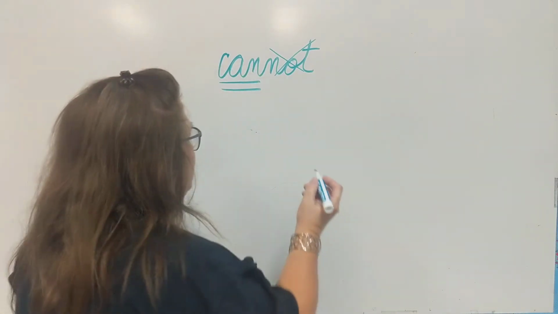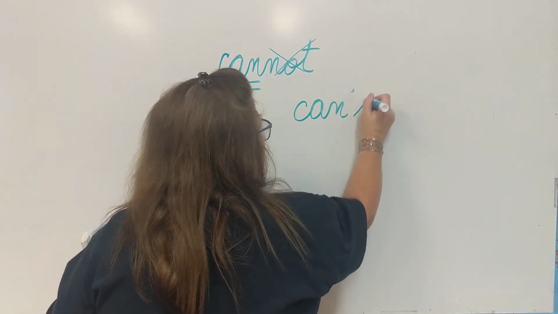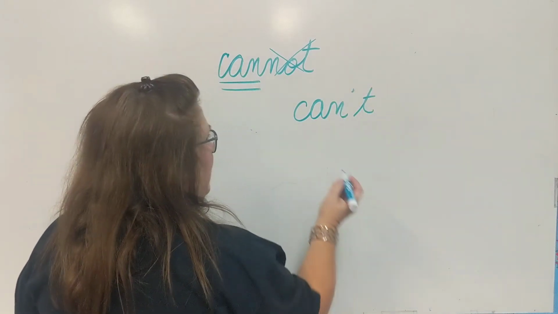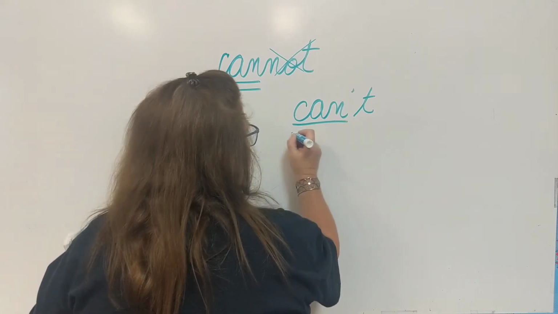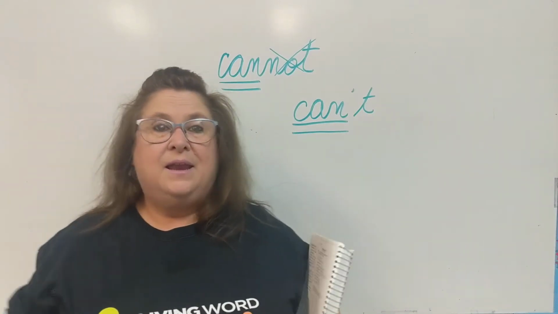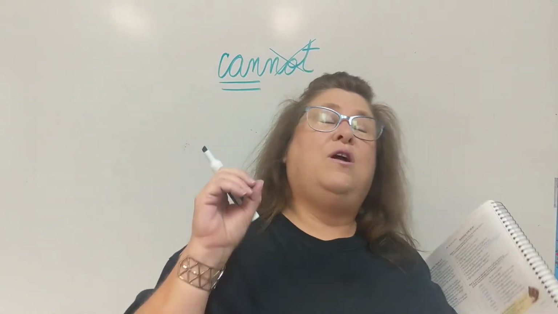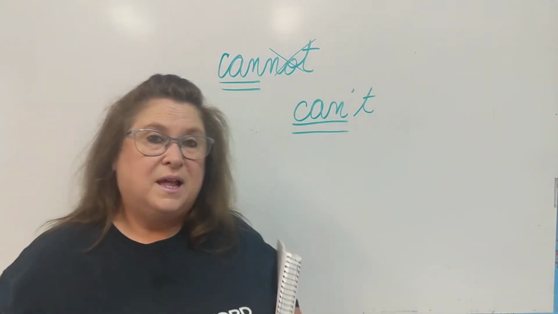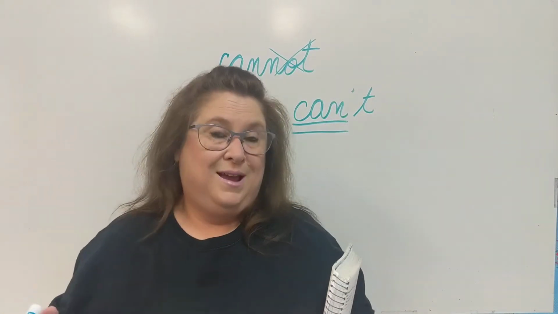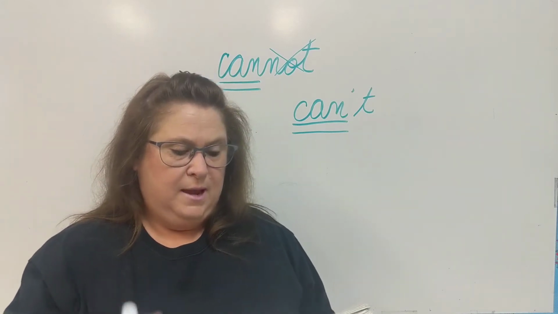So even if you have the word can't, because you know can't is the contraction for cannot, even for that, you have to be sure that you only underline the can part. And I will say it again: not can never, ever, ever be part of a verb phrase. Say that over and over in your head. Get that saved in your head because that'll save you a lot of thinking time later on, okay?